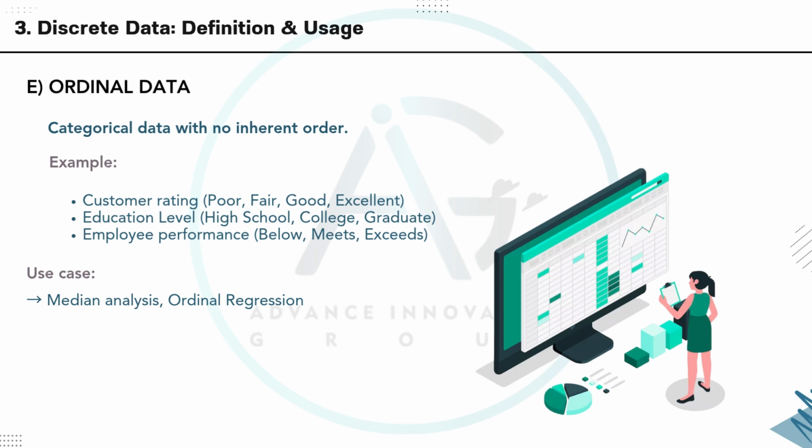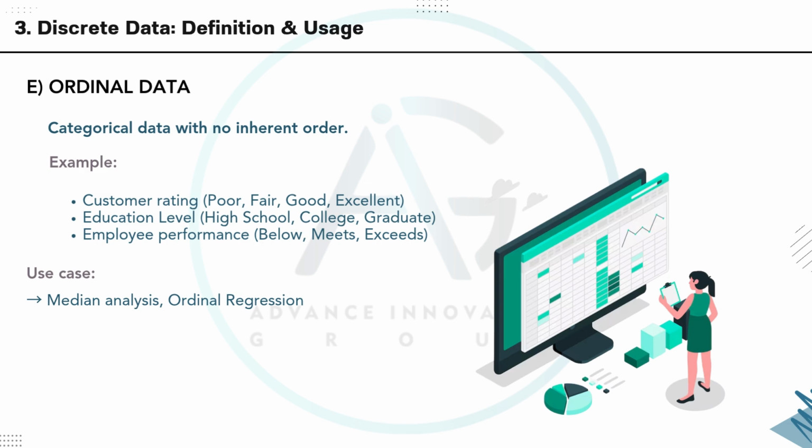E. Ordinal data. Ordinal data is also categorical, but unlike nominal data, it has a clear inherent order. However, the difference between the categories is not measurable or consistent. Think of it as ranking or rating. Examples include customer ratings like poor, fair, good, excellent, clearly ranked, but we don't know how much better excellent is